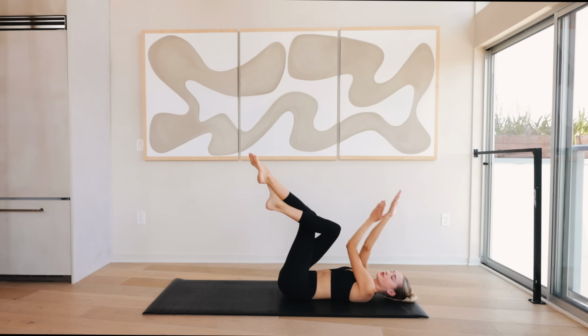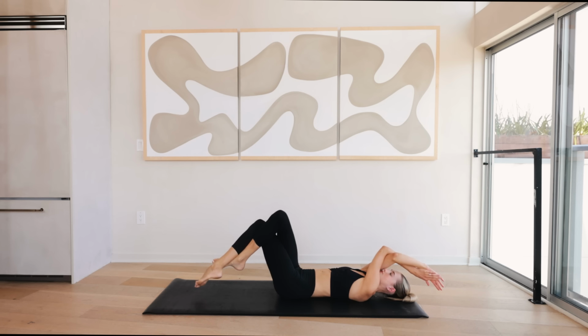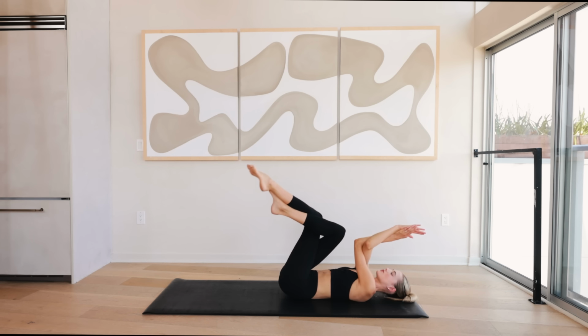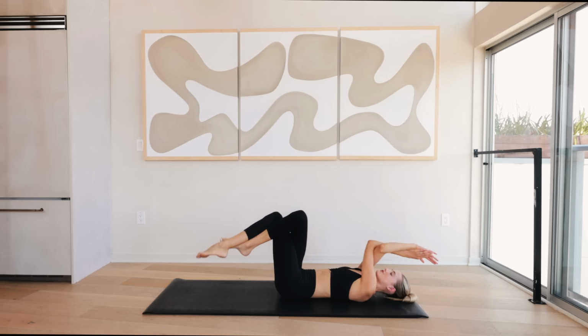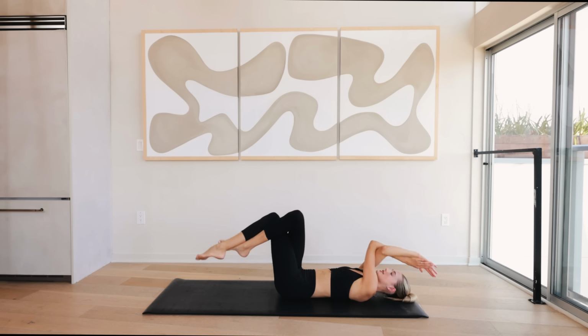That right arm also comes on top, so we're almost like strangled into each other. And then slowly we're reaching the arms and legs down and slowly coming back in. This is really going to give that ab a burn right here for 8,